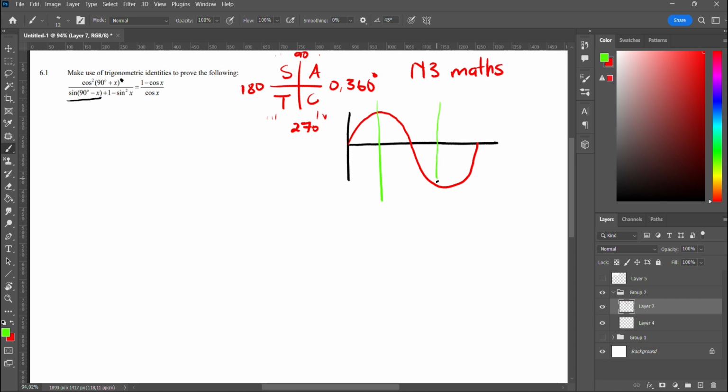And here it's peaking at, here it's peaking at 90 degrees. So this is 270, and this is 90 degrees, right? 90 degrees. So when you add or minus, so when you shift the graph 90 degrees, what's gonna happen is,